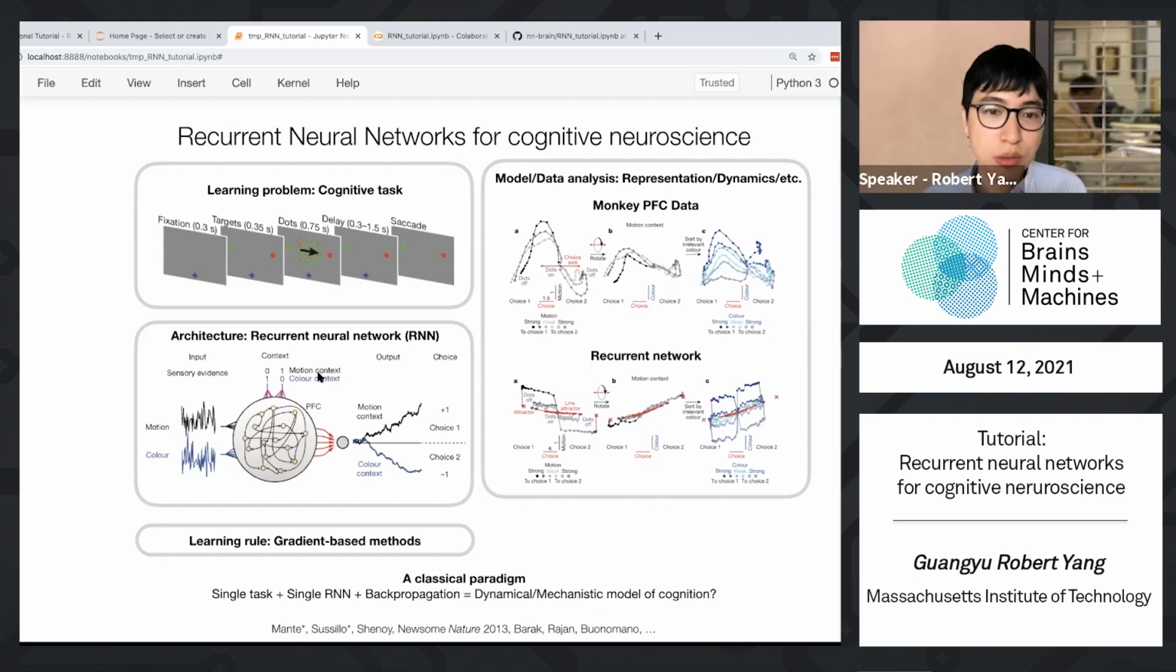And then you can do your favorite data analysis that you would do on actual brain data, right? You can apply it to the network. And then you can do a side-by-side comparison between the data and the network. So today, what we will do is I will first show you some code where we would define a network,